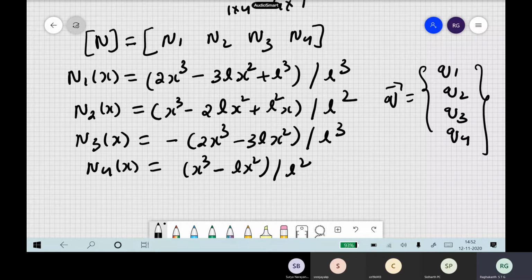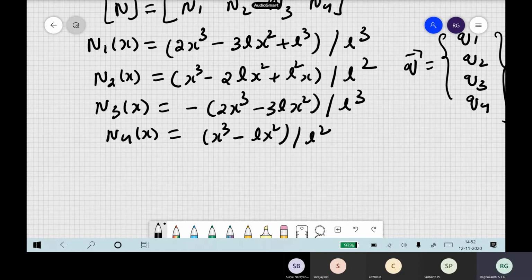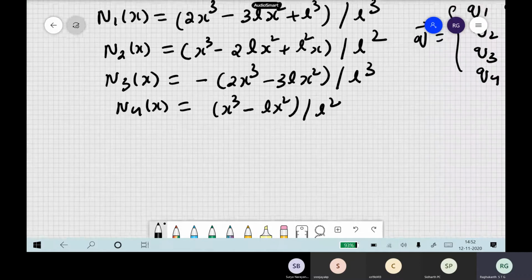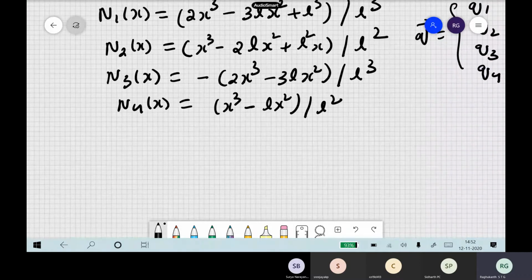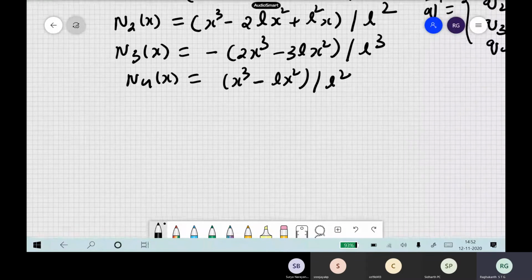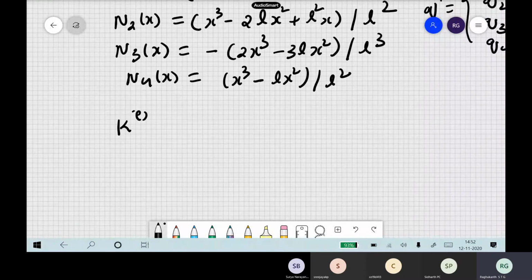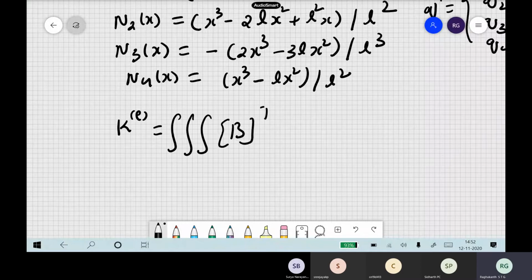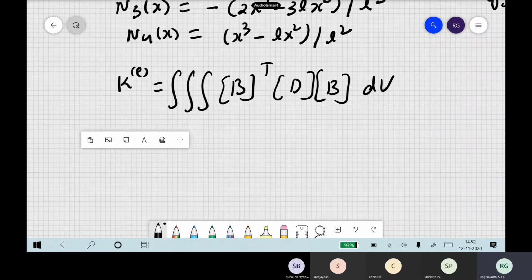Now I hope all of you know how to calculate when plane sections remain plane and other things, so your rotation and other things also come into picture. So you can find out your B matrix, then you can find out your stiffness matrix also. I hope all of you know these things. So your element stiffness matrix is B transpose D multiplied by B times the volume, where our B matrix comes from the strains.